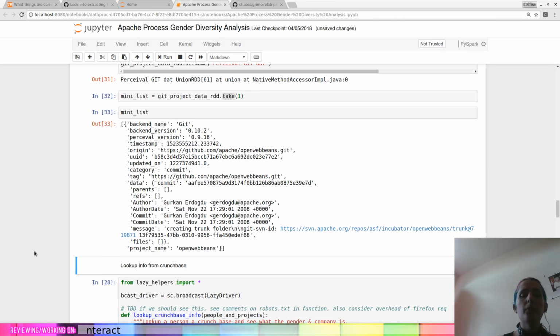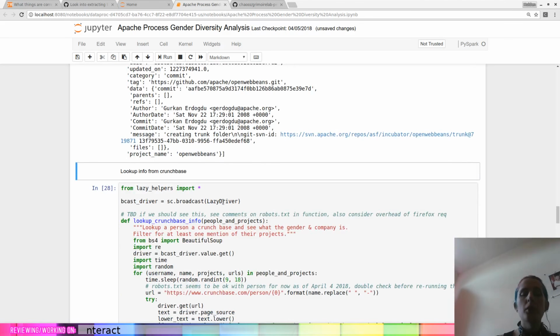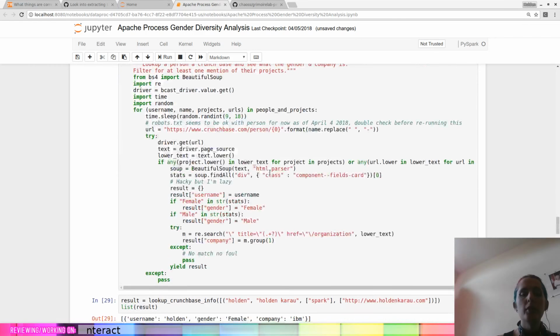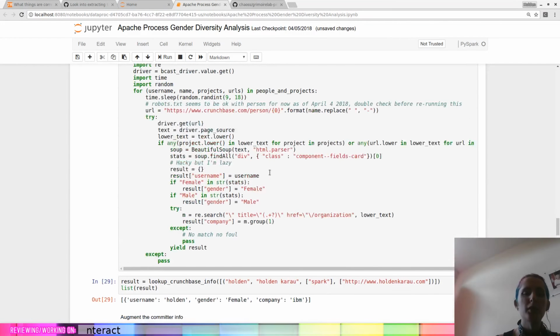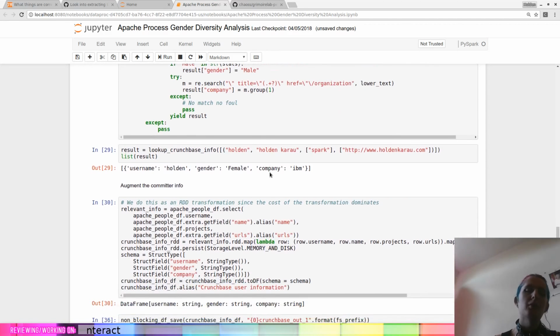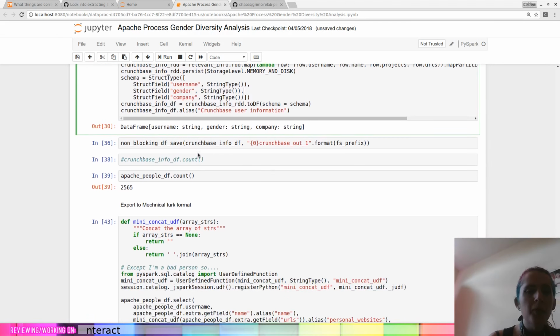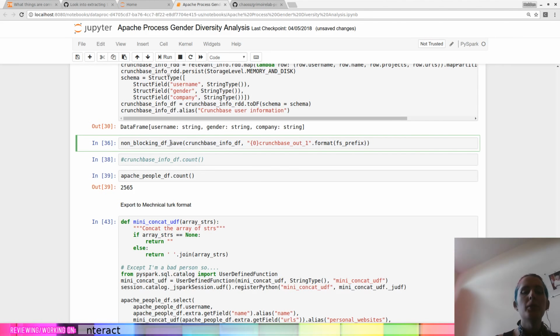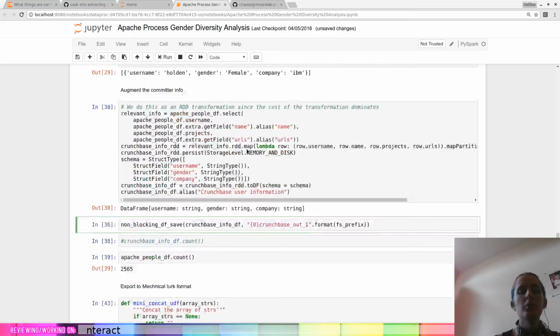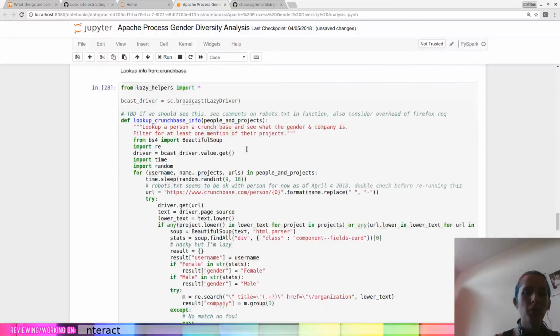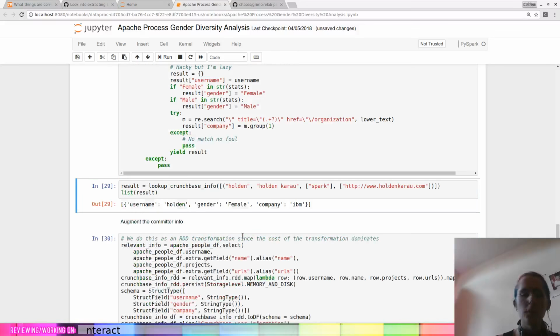git commit. Okay. One of the other things I was thinking about doing is we could augment this person information with Crunchbase info. We're gonna skip that for now because it's really super slow. But I'm using the non-blocking code, so there's no harm in running it. So let's go ahead. We'll run that. Oh yeah, we can see that my Crunchbase information is a little bit out of date. Oh, cool.